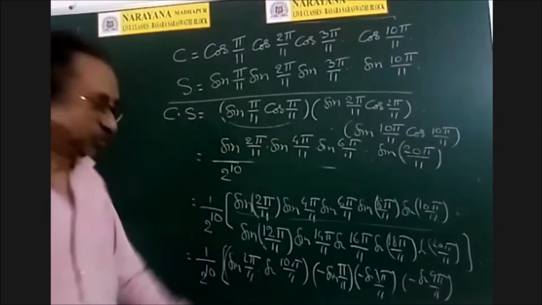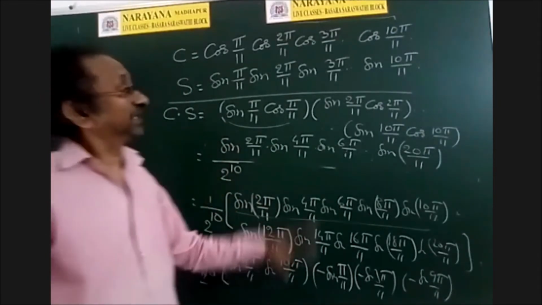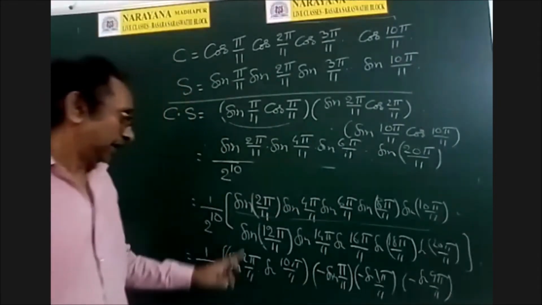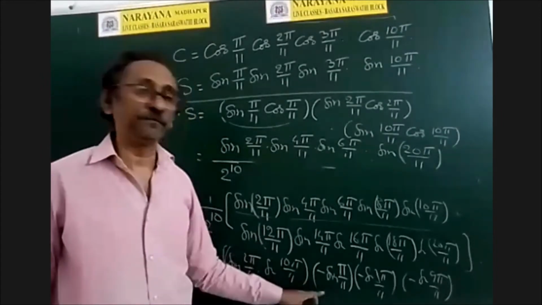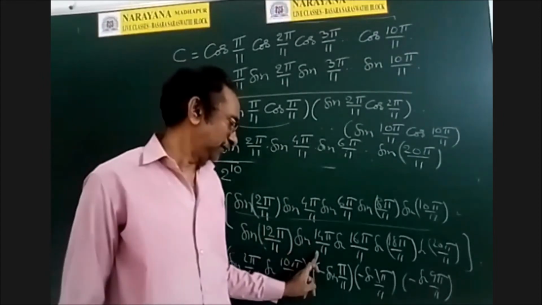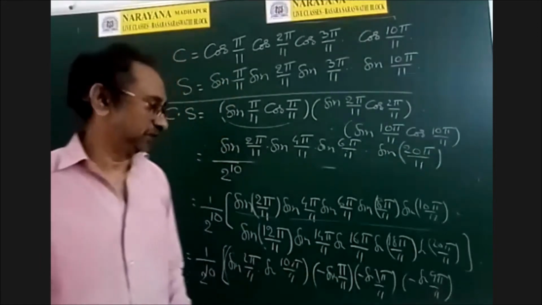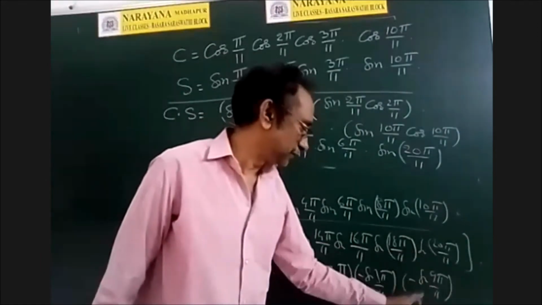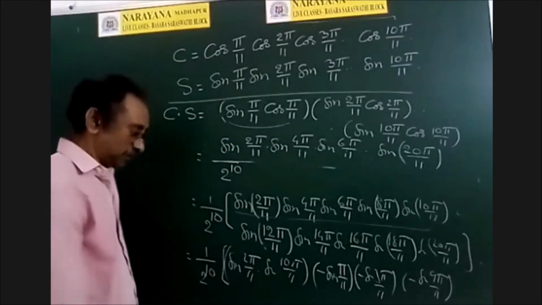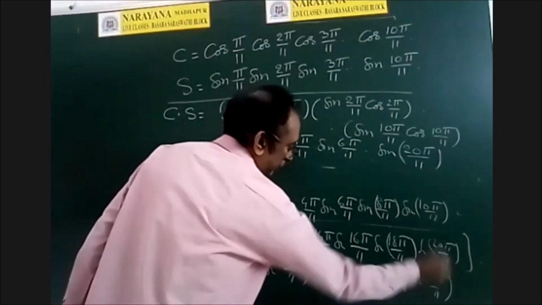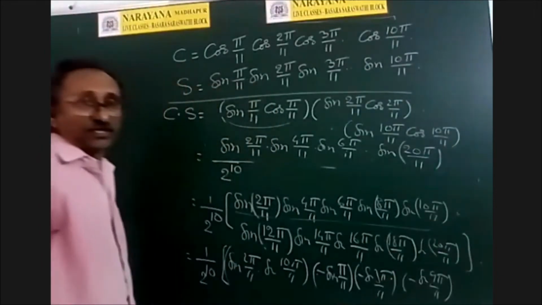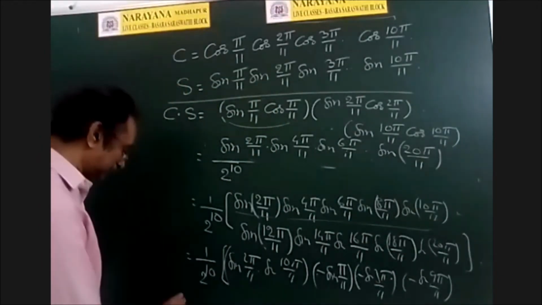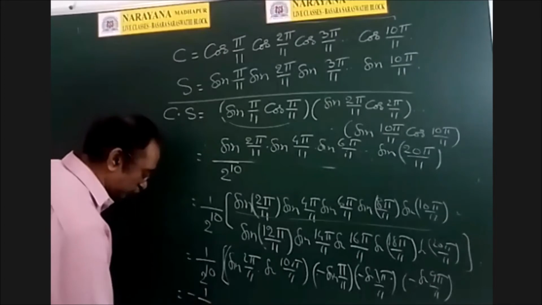So first of all, assume that I got that. After that, I will prove. Okay. And now sine 12 pi by 11 is written as minus sine pi by 11. Sine 14 pi by 11 is written as minus sine 3 pi by 11. Similarly, this is minus sine 9 pi by 11. Minus, minus, minus, minus, minus. How many terms are there? 1, 2, 3, 4, 5. 5 terms. So 5 times minus means minus. So see, the problem is over.